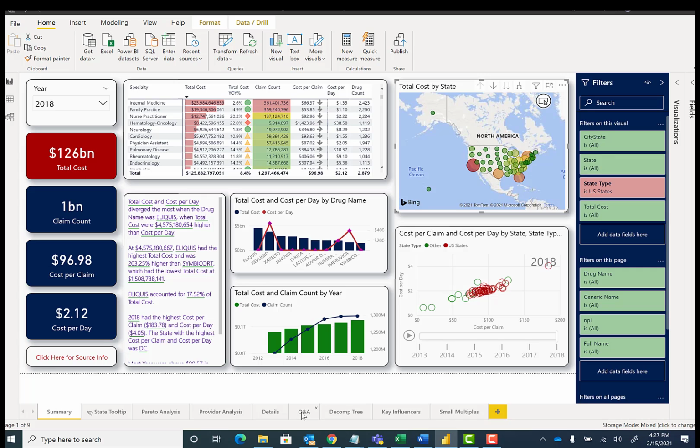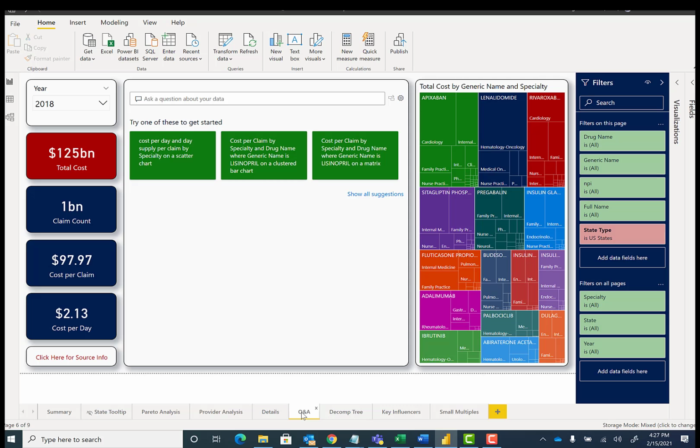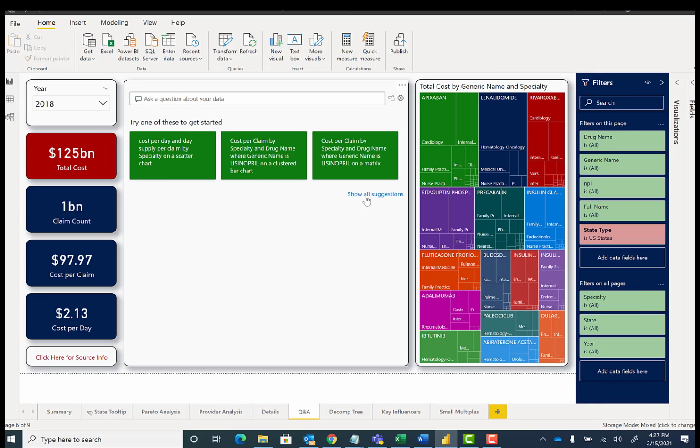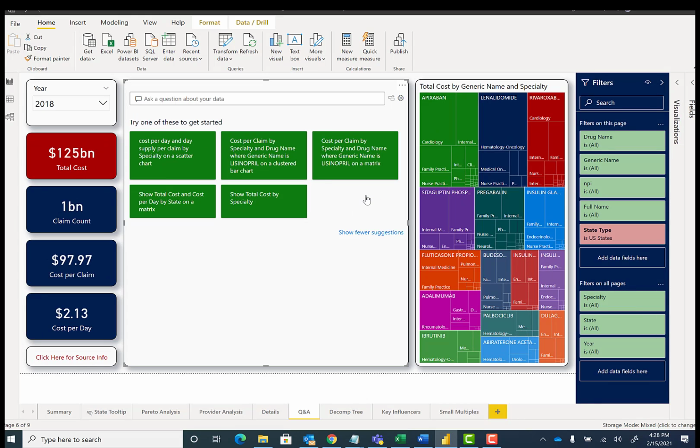Next, I've added a Q&A page. Q&A is an amazing feature that just keeps getting better. This is actually a visualization that you just add to this page. You'll see right here, it's a little question box. I've added a few suggested questions so you can get some interesting insights and kind of learn how to ask